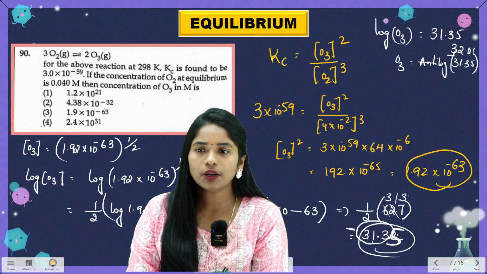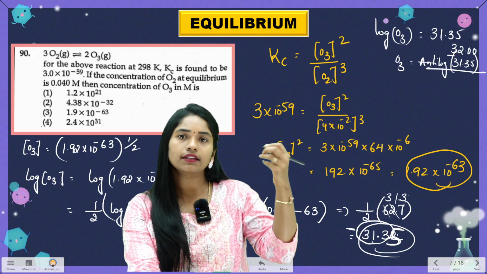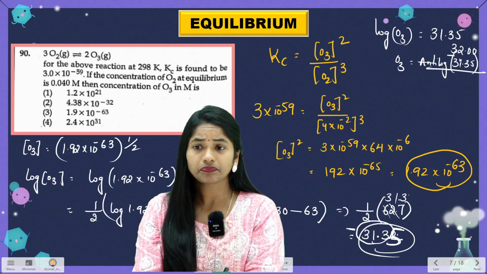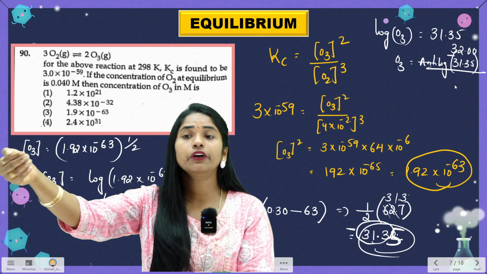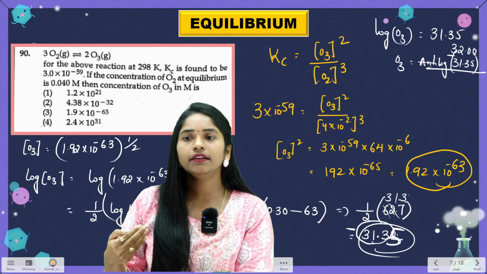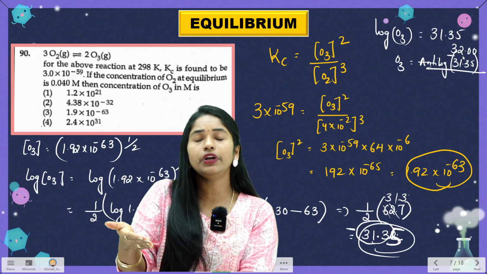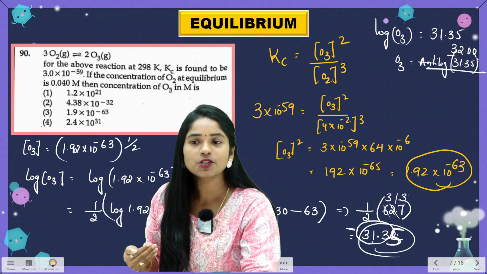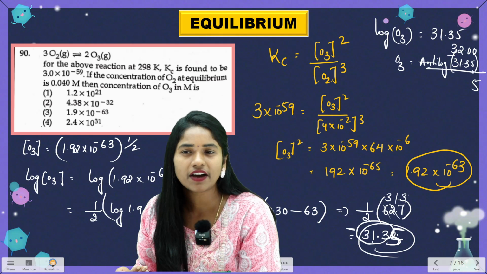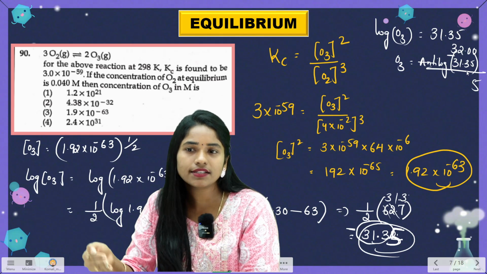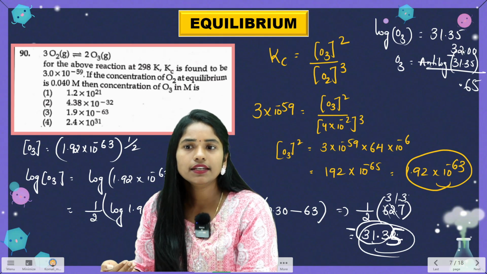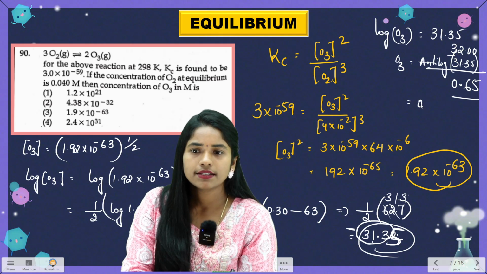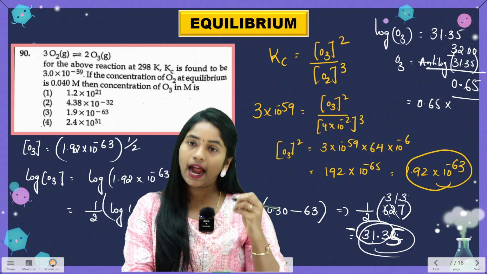I already taught you in previous videos how to find the anti-log value. I already uploaded one video. Again, one more time I am going to tell you now. From the higher number, round it off, you have to subtract it. Minus 31, so round it off to 32. Then 32 minus 31.35, how much will we get, students? 10 minus 5 is 5, and 9 minus 3 is 6, and here 0, correct? So 0.65. For 0.65 you have to find the anti-log value.